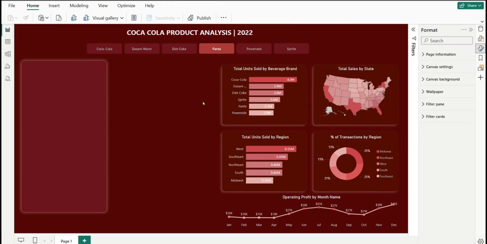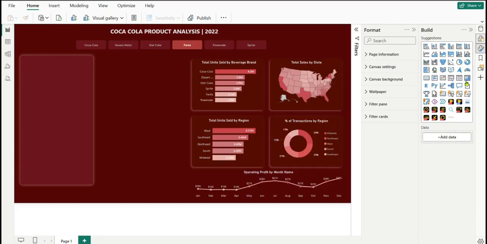So we brought out our first slicer. I also want to slice this down. I also want to break my data down into dates and also retailer. So I'm just going to create a separate slicer for that. So go to your build. I'm going to use this particular